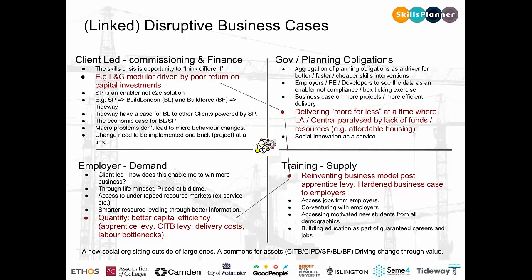So last but not least, the delivery side of that has the potential to lead to better, faster, cheaper delivery, more capital efficiency, in a kind of changing landscape which comes right the way from commissioning, and